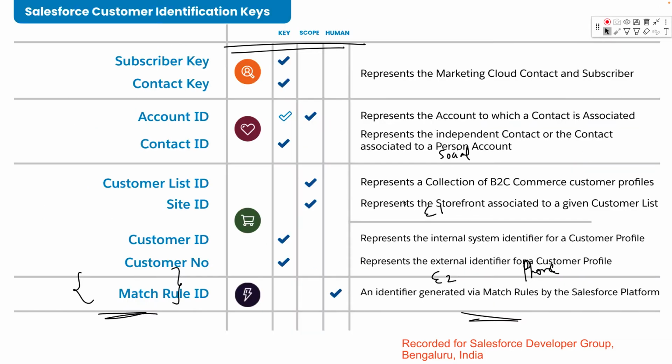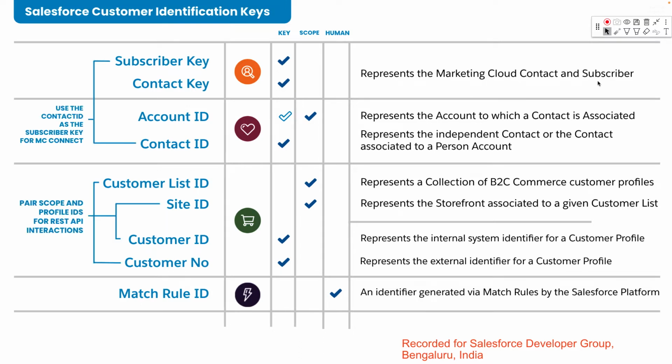So what we are seeing here is that for marketing we have the subscriber key and contact key, which represent a Marketing Cloud contact and subscriber. Subscriber is the person